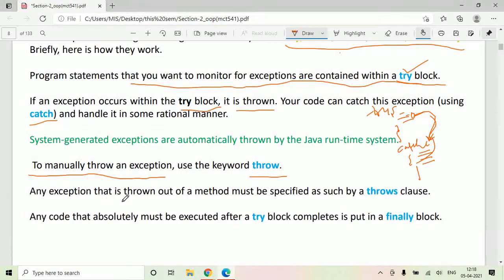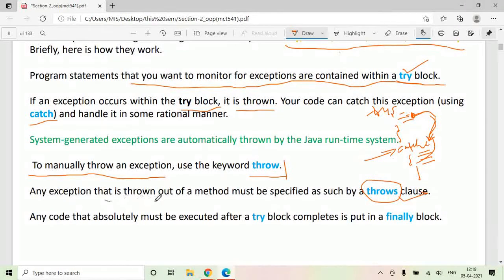Now any exception that is thrown out of a method must be specified by a throws clause. So what is the difference between the throw and throws keywords? Throw basically throws an exception. If there is an exception over here, and you want to throw it to the appropriate catch block, wherein you will be handling and processing that exception, you use the keyword throw. And what is the use of the throws keyword?